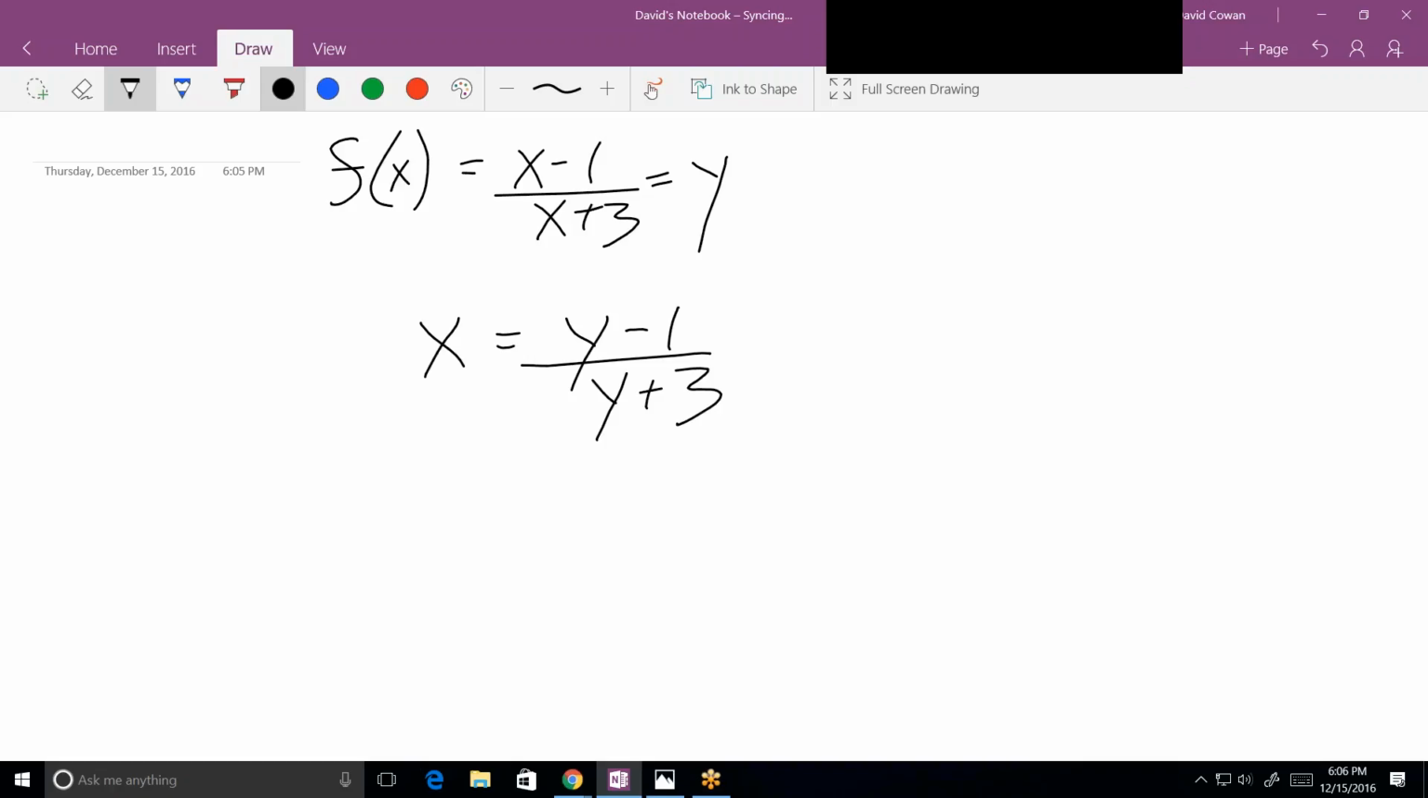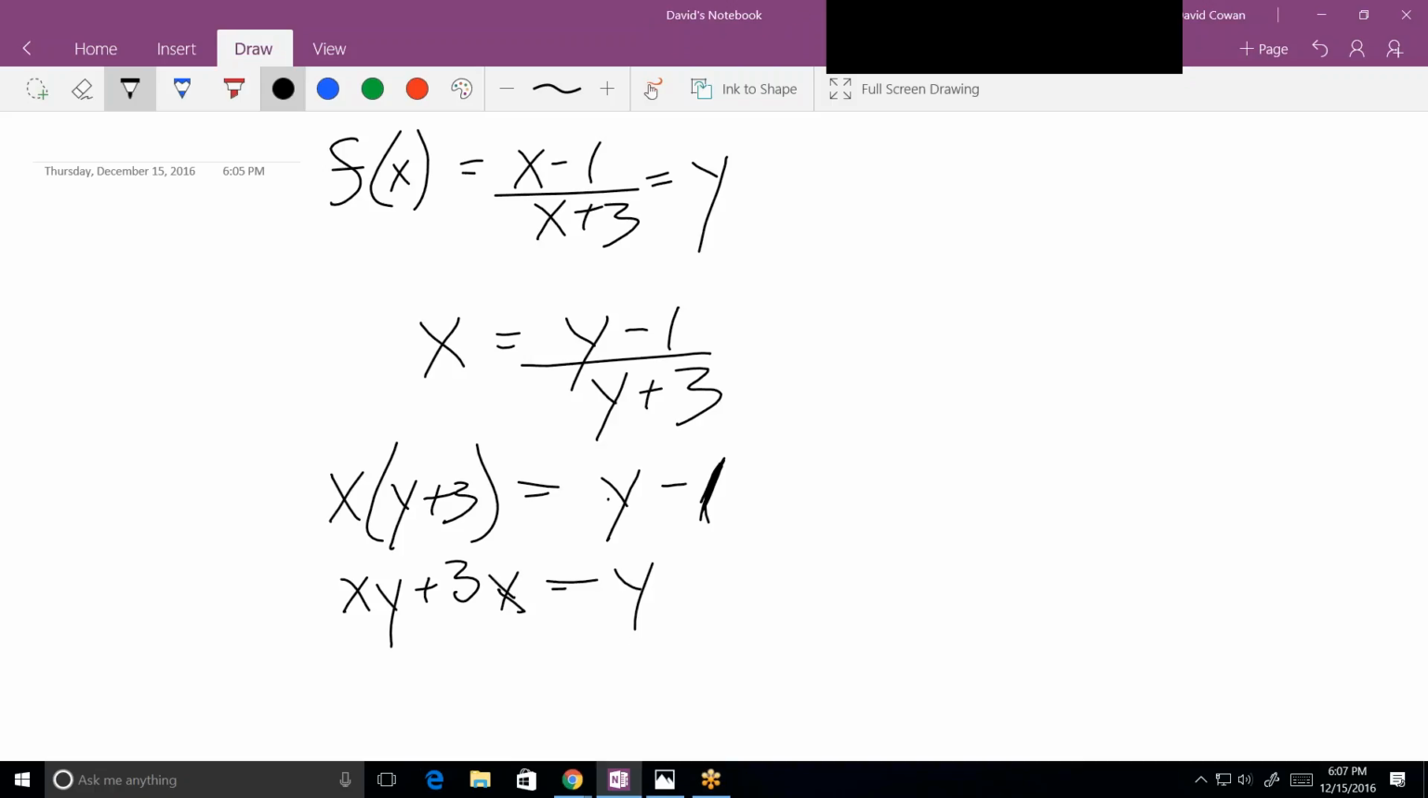This is a little tricky, but not that tricky. What's the first step for solving that for y? What would it be? Multiply by y plus 3. Okay, so I got x times y plus 3 equals y minus 1. Now what? I'm not sure. Well, let's distribute this. xy plus 3x